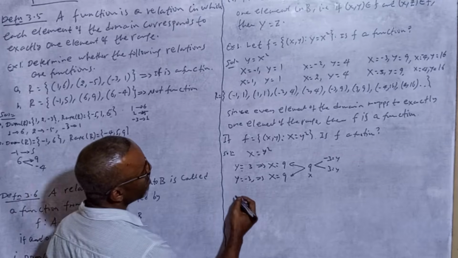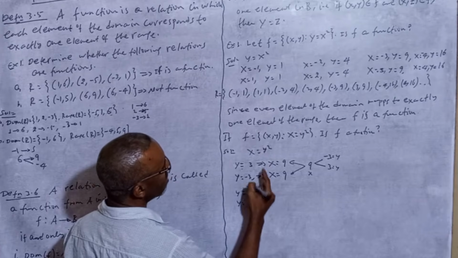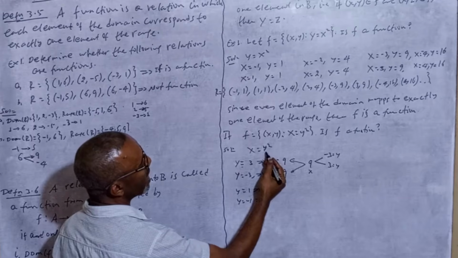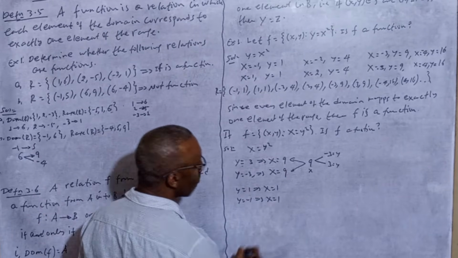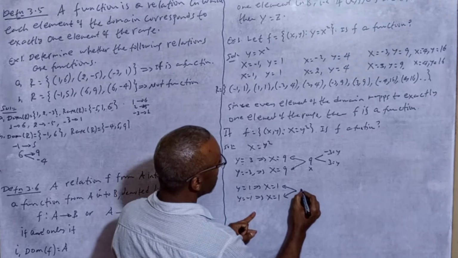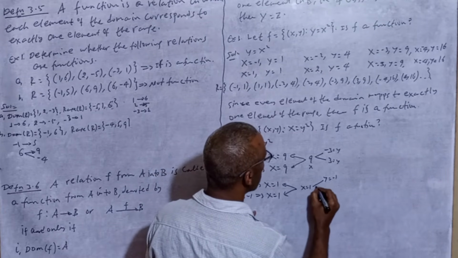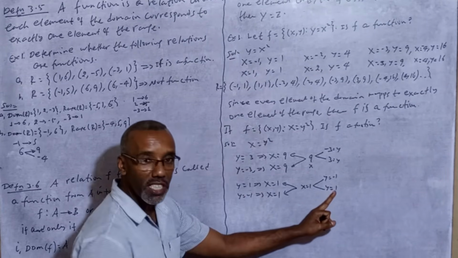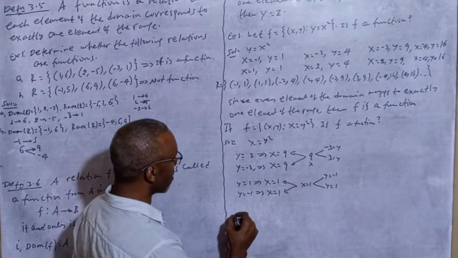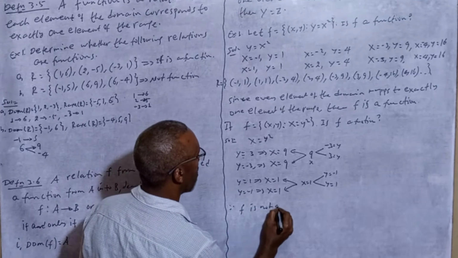ኮረስፖንድ ስላደረገ ለምሳሌ y is equal to 1 እና y is equal to -1። y is equal to 1 ማለት 1 ስኩዌር ማለት 1 ነው x is equal to ስንት ይሆናል 1 ይሆናል። y is equal to -1 ማለት -1 ስኩዌር ሲሆን 1 ነው ስለዚህ x is equal to 1 ይሆናል። አሁንም እዚህ ጋር ስንመለከት x is equal to 1 is mapped to y is equal to -1 and y is equal to 1 ማለት ነው ከሁለት ሬንጅ ጋር ኮረስፖንድ አድርጓል። አንድ ዶሜን ከሁለት ሬንጅ ጋር ኮረስፖንድ ስላደረገ this is not a function ማለት ነው therefore in this case f is not a function ማለት ነው